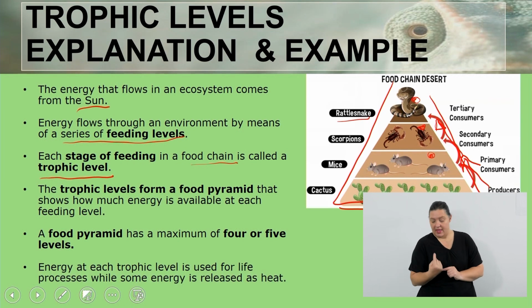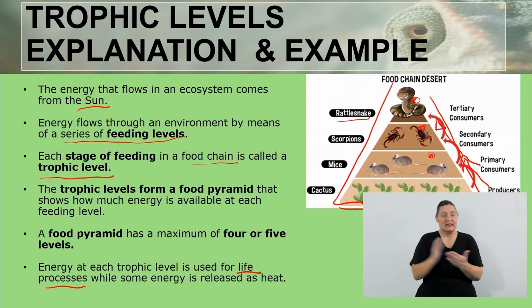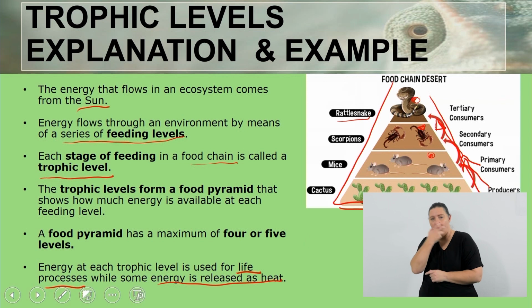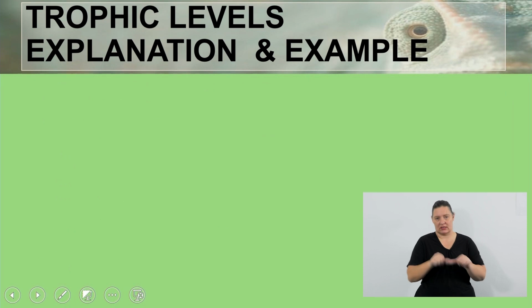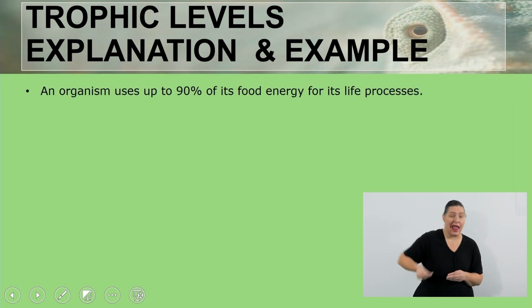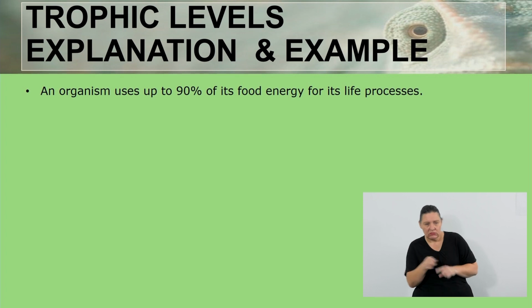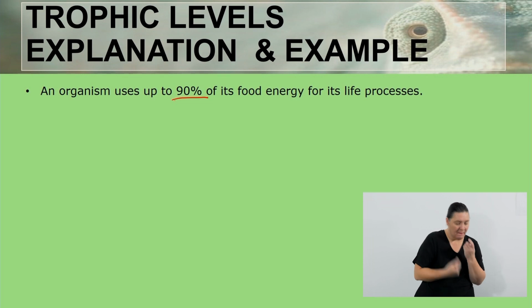Energy at each trophic level is used for life processes, while some energy is released as heat. So that is why we need energy. We need energy to perform life processes. In addition to that, an organism uses up to 90% of its energy from the food for its life processes. So that means if an organism eats a plant and the energy is transferred into the organism, 90% of that energy is going to be used up by the animal that is eating this plant for its